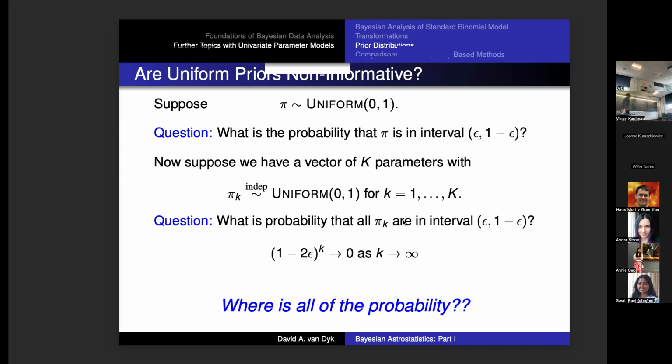And the funny thing is that as K gets bigger, as I get more and more parameters, this goes to 0. So where is all the probability? The probability has to sum to 1, but the probability in the high dimensional box in the middle that goes almost all the way to the edge has 0 probability. Where's all the probability? It's all around the edge. And the problem is, it's hard to comprehend this, right? But as you get into higher and higher dimensions, volumes do funny things. So the volume of a hypercube in high dimensions, almost all of it is along the edge.